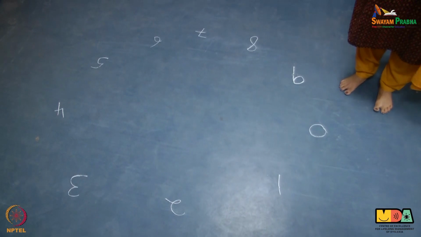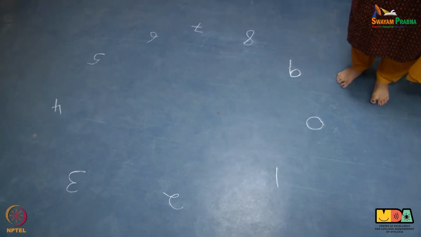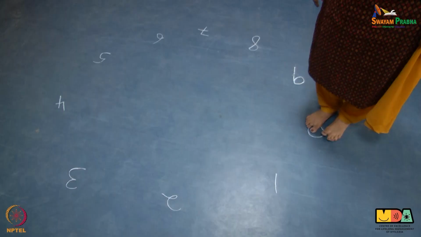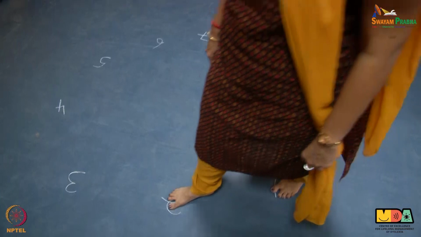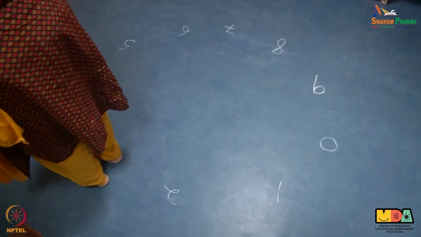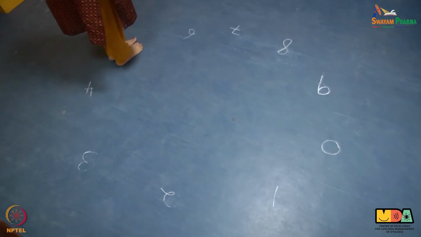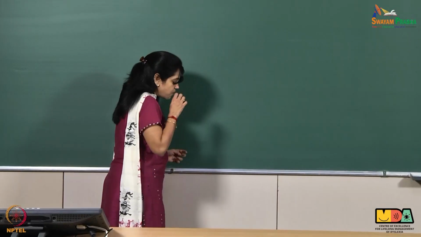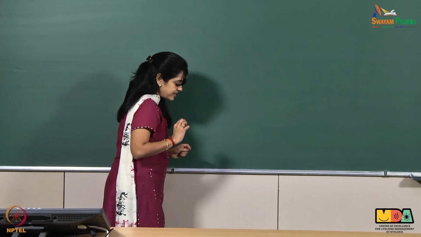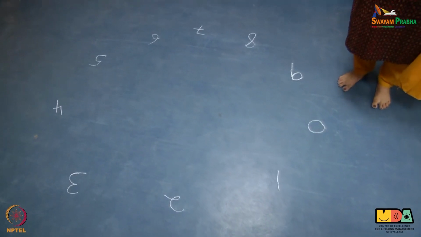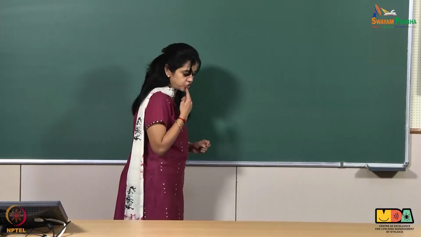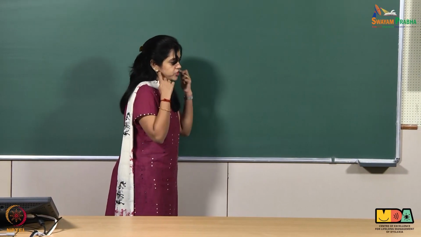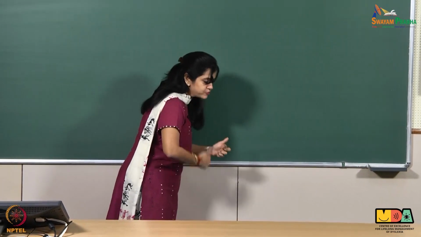Now what we are going to see is how to introduce these numbers kinesthetically. Let us draw a big circle on the floor. Let us write the numbers on the floor 0, 1, 2, 3, 4, 5, 6, 7, 8 and 9. Once you start introducing numbers, please make sure that the child starts at 0, the child looks at the number which is your visual input, says the number which is your auditory input and also moves the body forward which